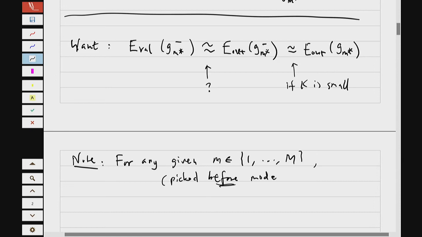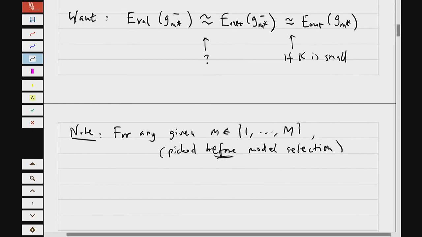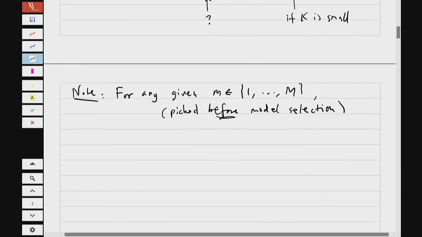Maybe this should start to remind you of something that we have seen before. We have done some similar analysis before. So this is because it's picked before the model selection, just any m. So now we're just saying that this is just a regular validation, a model, you use validation to check the performance. So therefore, from previous analysis on validation without model selection,